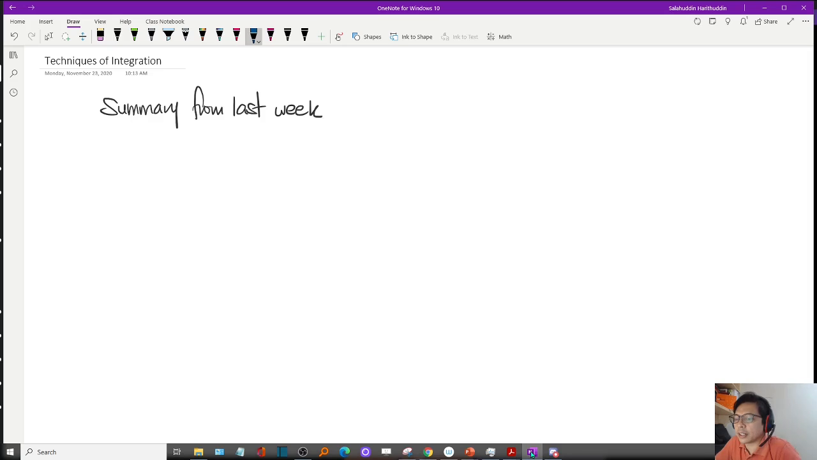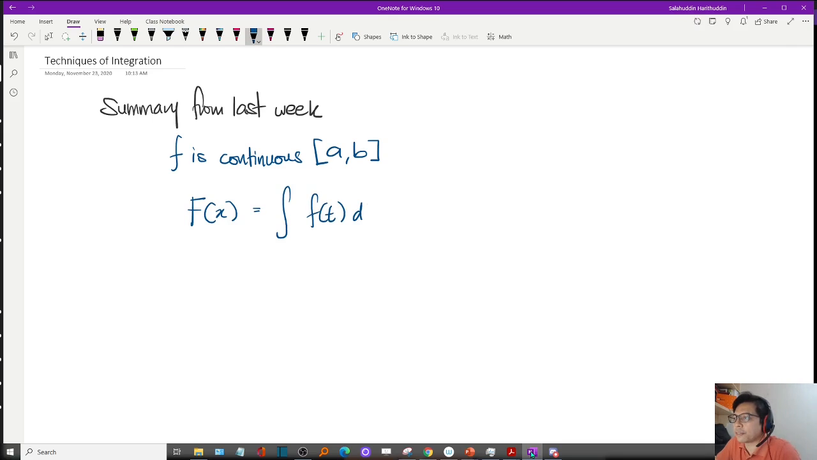We know that f is continuous. Let's say the function f is continuous in interval a, b. Okay, and then let's define big F of x. Let's define that as that function f, evaluated at the integral from a to x. Okay, and then the first result that we got from that is actually the first fundamental theorem of calculus,